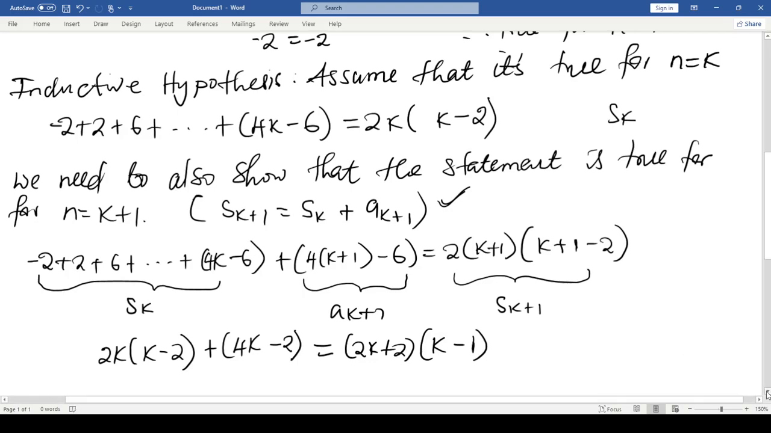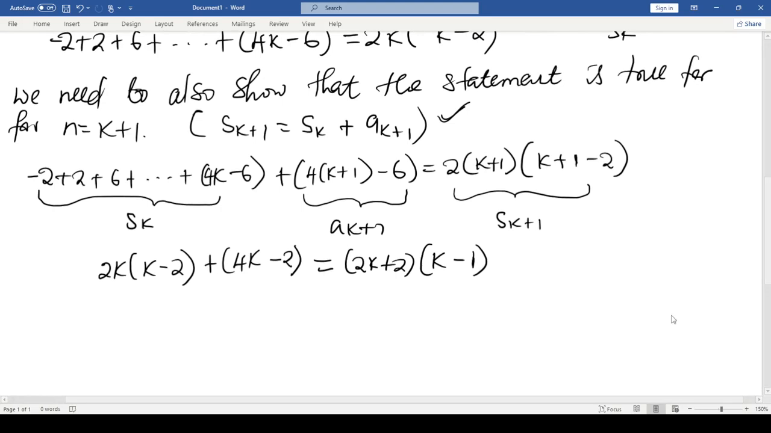So now our goal is we have to show that the left hand side is equal to the right hand side there. If we're able to show this, then we can just conclude to say that what we have here is true for the statement that we're proving here. So now let's expand what we have this side here, we're simply going to have 2k squared minus 4k plus, in this side here we have 4k minus 2 like this here, being equal to,